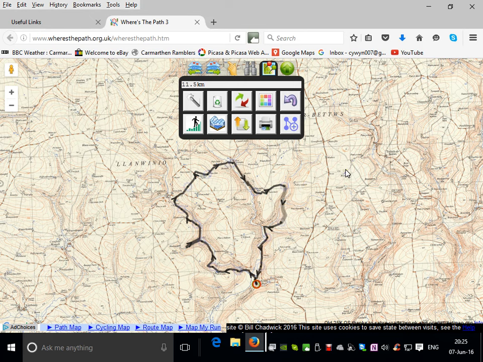It's not necessary to have the waypoints displayed to see the route, so I've chosen to do that, and I've selected a color which is black. Now I'm going to hide this box so that I can see more of the map,